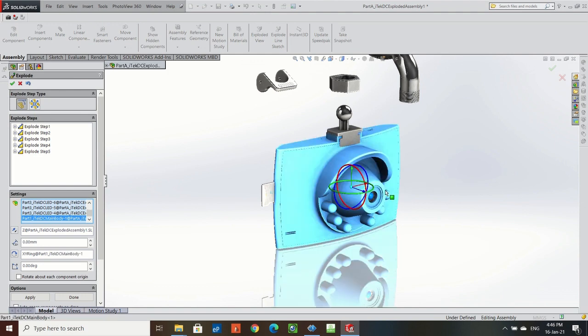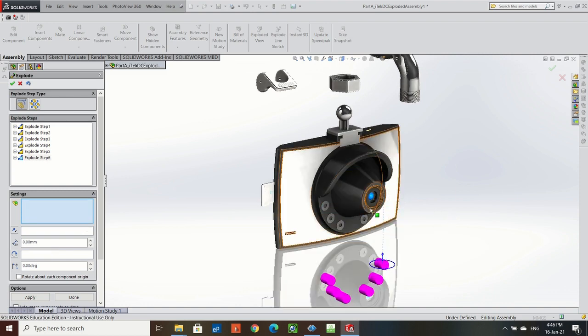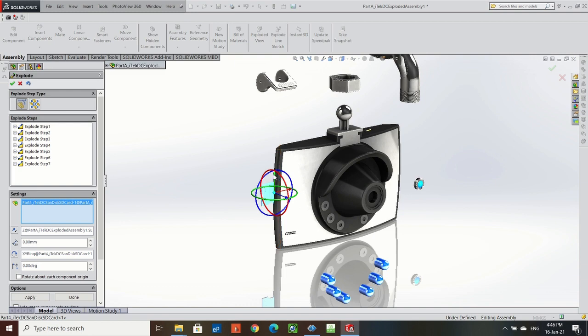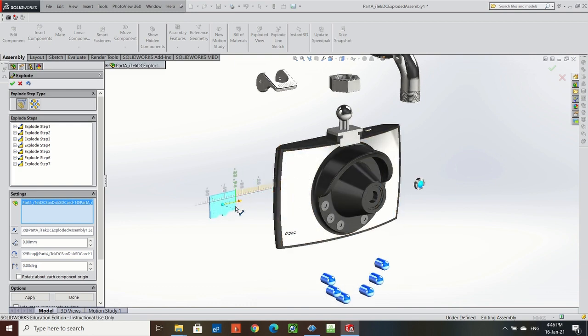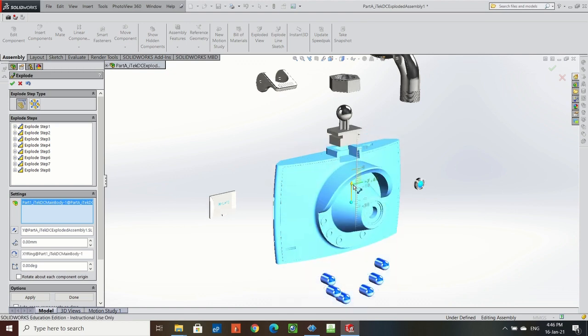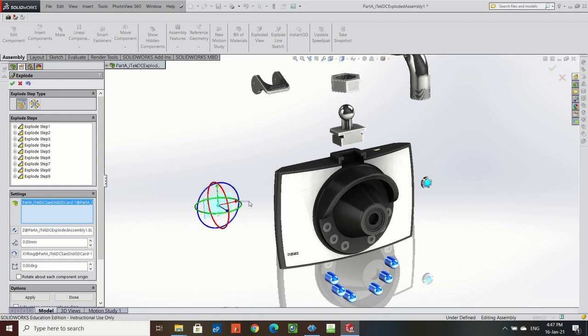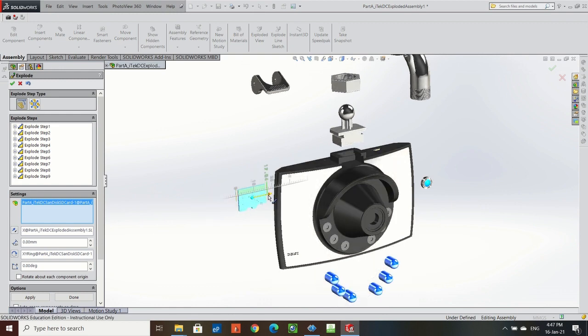Now I'll try and drag that up after selecting the whole lot there. Just click that bit off, that's fine, and I get the arrow and drag it down. Now I get that lens in there. Again, I'll drag that down, or out to the side. Yeah, that looks alright there. The SD card, I'll drag that out to the side too. And then the top block is the bit there, but I'll drag the main body down. I'll bring that SD card in a little bit actually, so you can see there